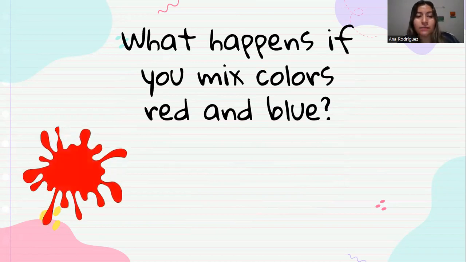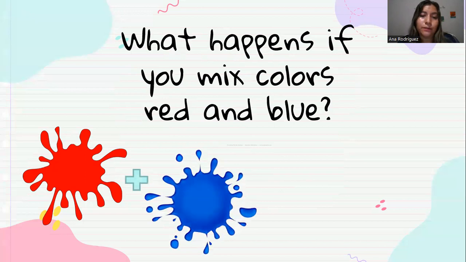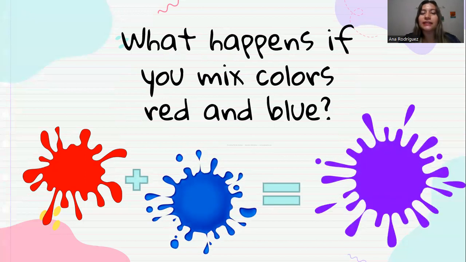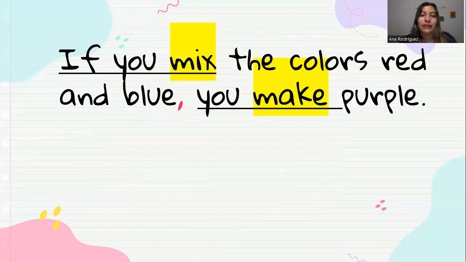What happens? We have red plus blue give us purple, exactly. So if you mix the colors red and blue, you make purple,